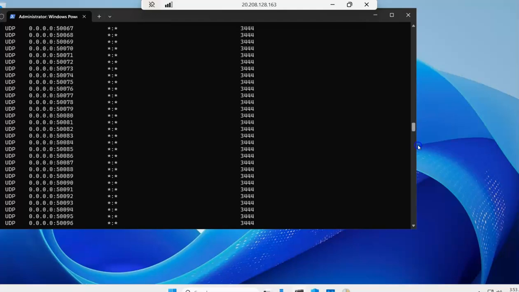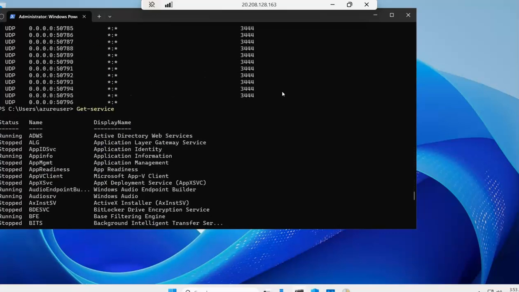This command gave me a lot of results, so I actually had to stop it with Control C and continue on to the next step. So right here,